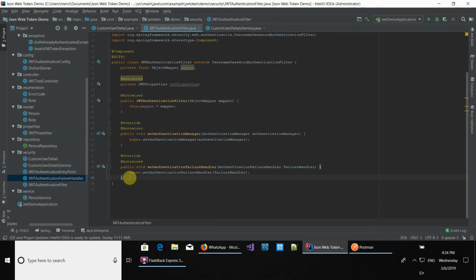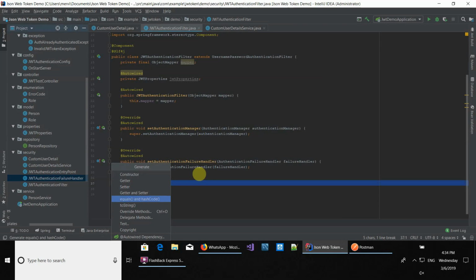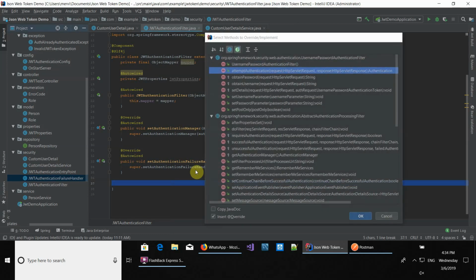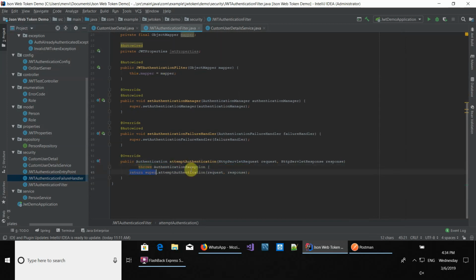Okay, so the next thing we have to do is override the actual method that is going to be doing the authentication. So we're going to override again, and we're going to be overriding the attemptAuthentication method. Okay, so this one has to return an Authentication object, and that Authentication object we're going to be making when we get the information that's going to be sent by POST, which is a JSON object which contains a username and password. So let's begin